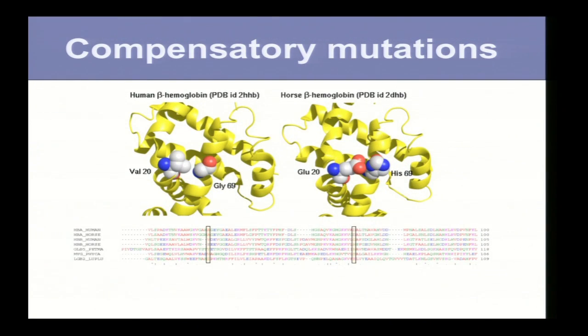The second problem, of course, is the assumption of independence. So this is one example from a paper we published a number of years ago. This is human hemoglobin. And if we believe the database, change of valine in position 20 is pathogenic. And I look at the multiple sequence alignment, I find hemoglobin of a horse, where I see this glutamic acid in position 20. And that's probably not a mistake in the annotation, because if I look at the structure, there is a very nice interaction with glycine, potentially van der Waals interaction. And here, there is an electrostatic interaction with histidine. So placing glutamic acid in this background would not really work.